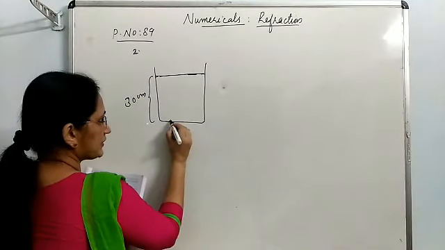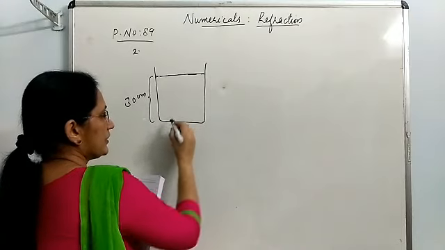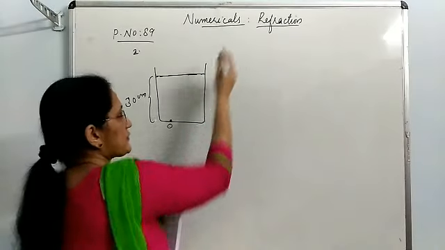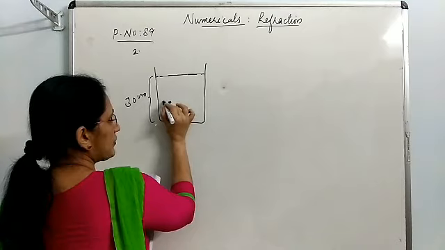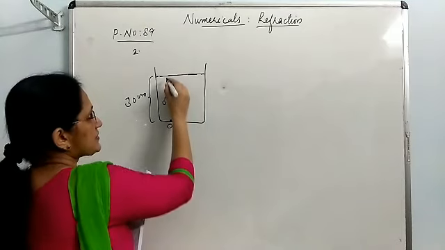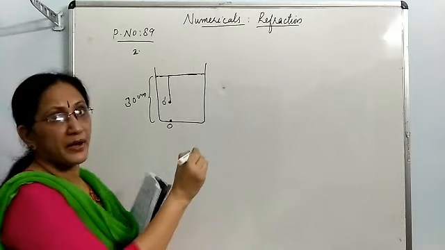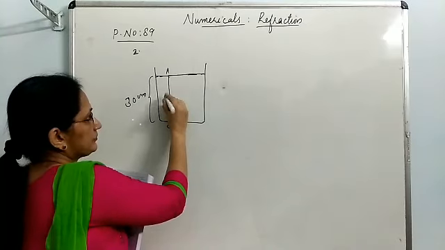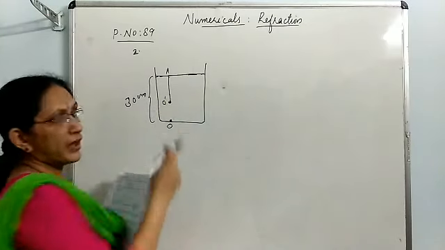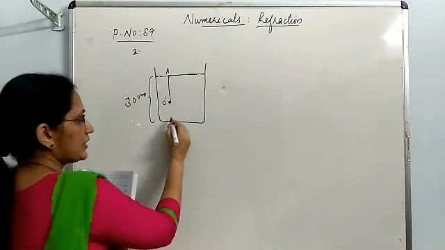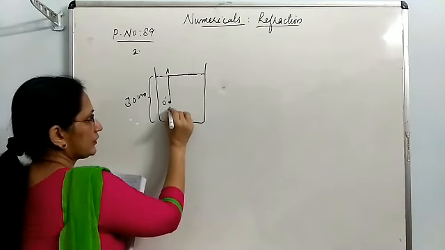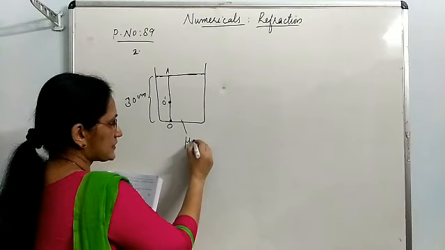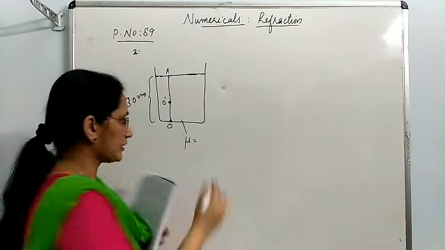The coin is placed at the bottom of the beaker and I am marking the position as O, and when you look from outside you will see the coin in another position O dash, and this distance we call as apparent depth. Let me mark this point as A. From O dash to A, the distance we call as apparent depth. Distance from O to A is known as real depth. Okay, and the refractive index of this water is given 4/3.